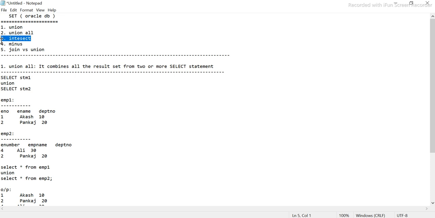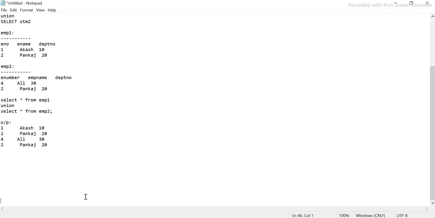Now, the third thing we are talking about is intersect. Intersect means intersection, right? You know in mathematics what intersection is? Intersection is basically what is common. In SQL we call it intersect in Oracle.